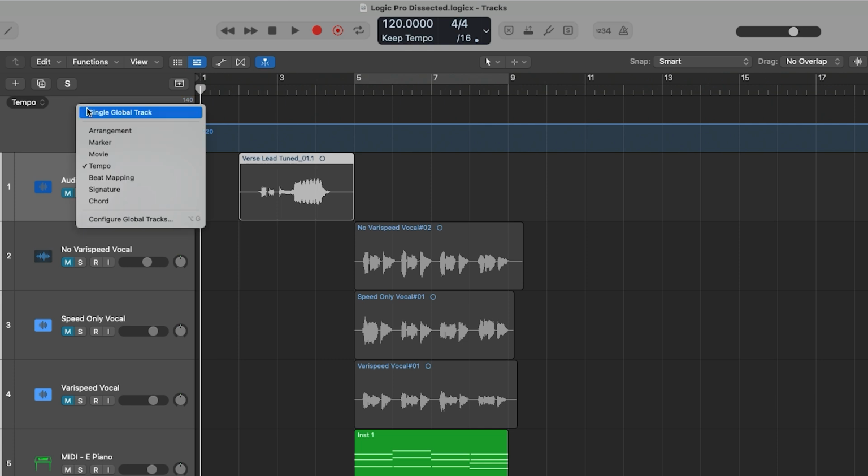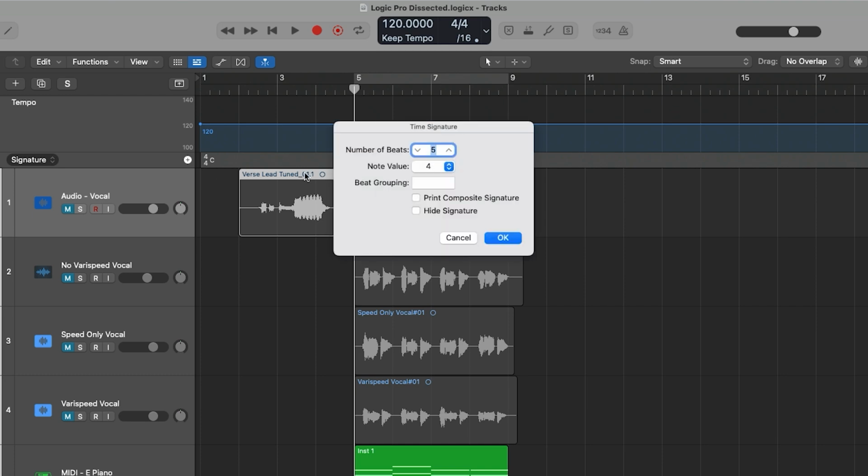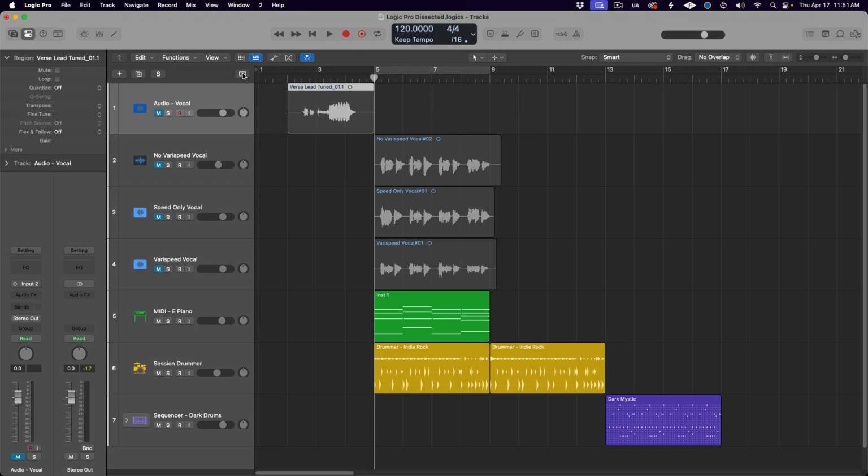The time signature portion is pretty simple and works very similar to the tempo. Double click it in the LCD to change it for the whole project, and if we want multiple meter shifts in one song, we set those up in the signature global track. The division setting has a few extra uses though. We already discussed how it affects the numbers in the bars and beats style time displays, but perhaps its most